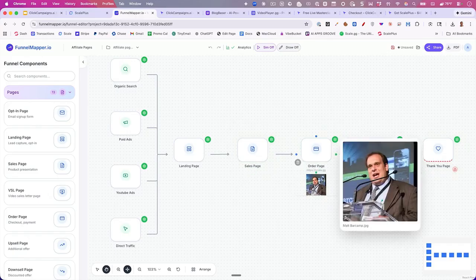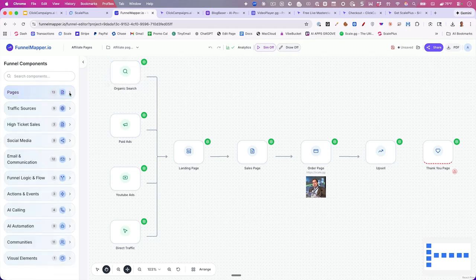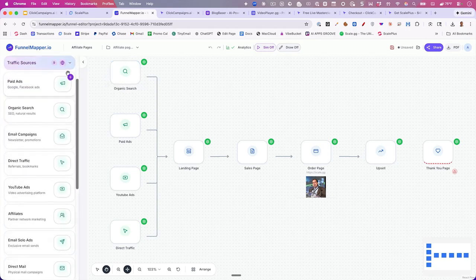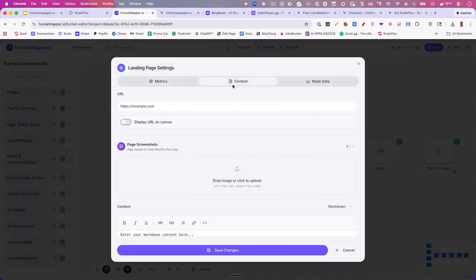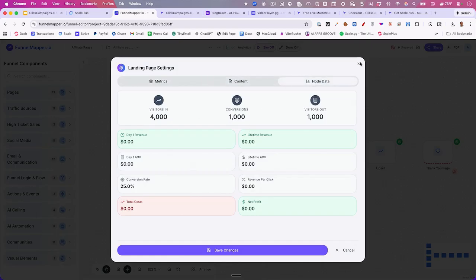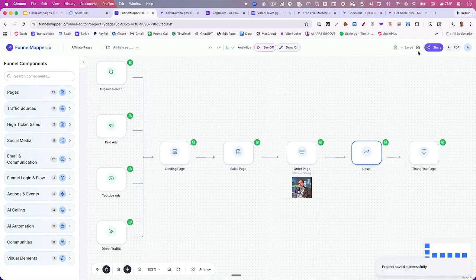And what you'll see is this is your traffic sources, right? So you know what these are, right? You drag everything onto the canvas, and then when you're said and done, you click here and you say, what are the conversion rates? And where's the URL, notes for your team, and everything like that. And how is this node performing based on everything else that you put in here? And you basically build out an entire, let's click that save button there. You build out an entire